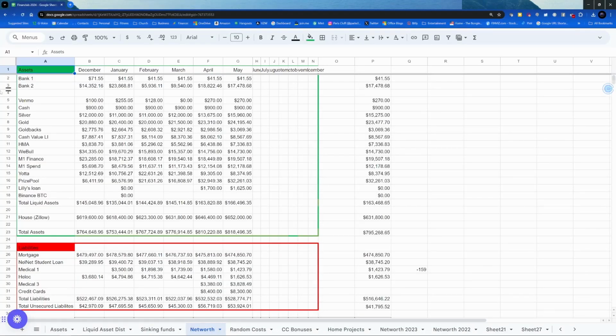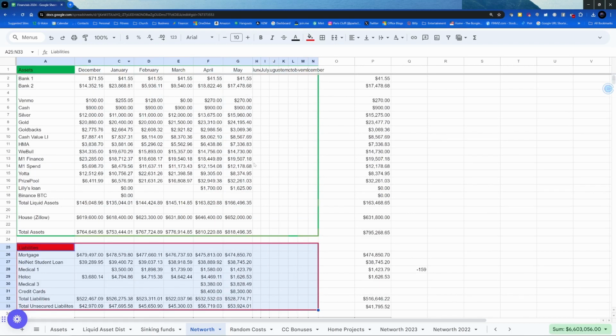My net worth, as you can see here, all my assets are in green up here at the top. I keep them in green because obviously assets are good and you want to have good things that are green. I keep my liabilities here in red. Red means that obviously it's stuff that you would subtract. So I keep track this way. I keep track each month.